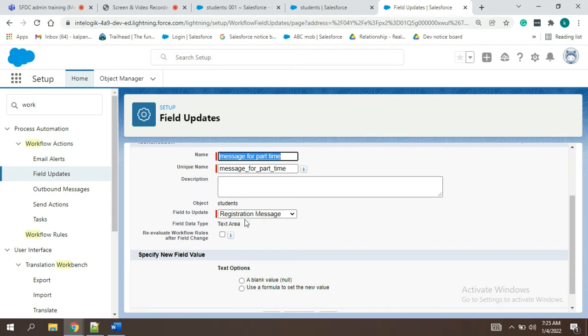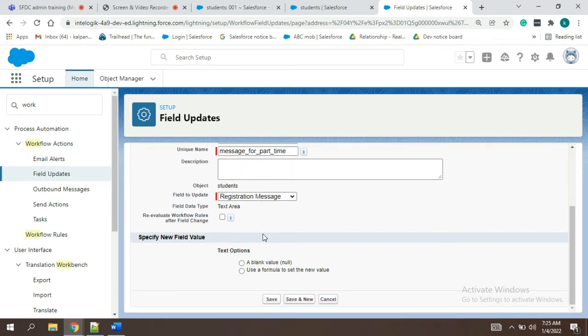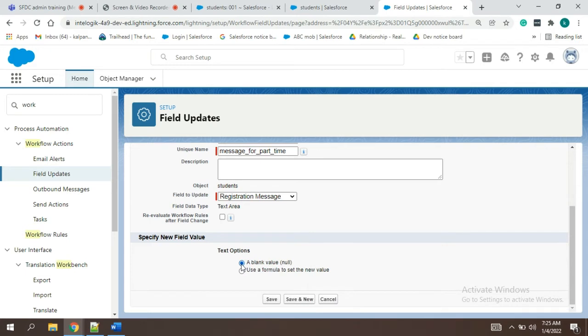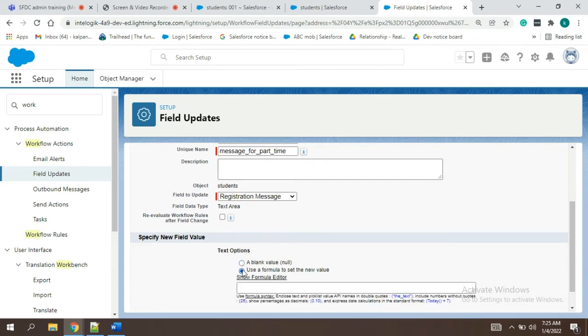Okay, it is telling what is the data type of the field and all. So this checkbox, I'll just let you know at the end. And now it is asking whether you want to fill with a blank value or use a formula. So blank value, you want to show blank value to them if this is there. No, right? You have to write one formula.